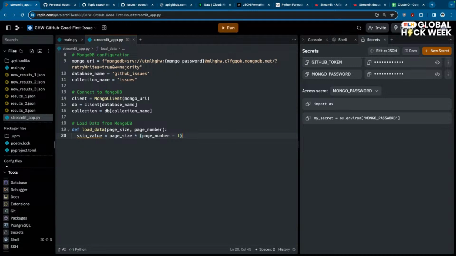Okay, let's add some numbers to this calculation and think. Page size is 20, so let me also write that here. Page size is 20 multiplied by, if page number is 1, then 1 minus 1 will give me 0. 20 into 0 is 0. So skip value is going to be 0, which means do not skip anything. Now if page number is 2, then 20 into 2 minus 1, so 2 minus 1 is 1, so